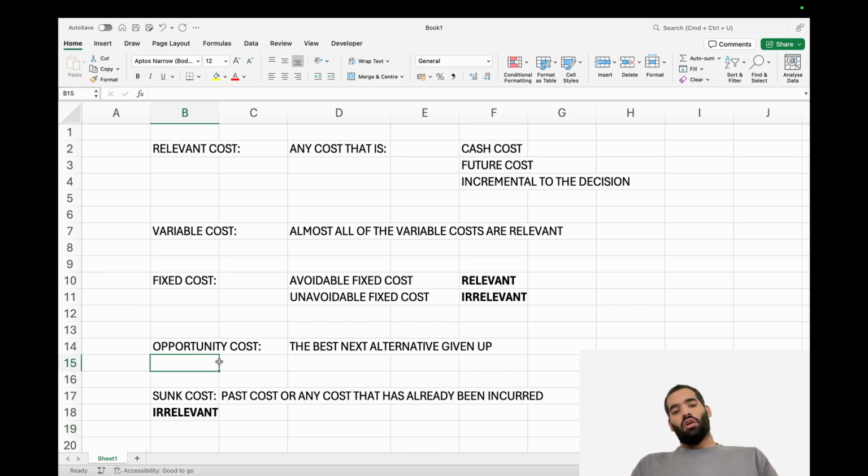Similarly, opportunity cost is something we are giving up, meaning we are losing out on it to make one decision over the other. This is of course always relevant. You always have to take into consideration, if I do this, what am I losing out on? So that's your opportunity cost. I hope all of that's clear. I tried to summarize it as much as possible without compromising